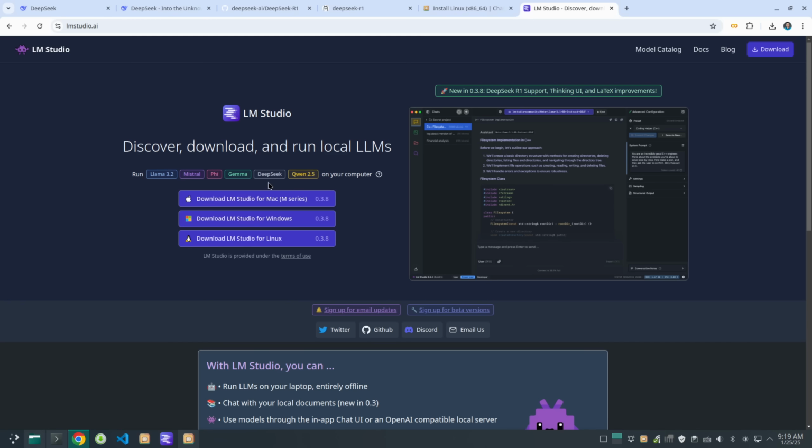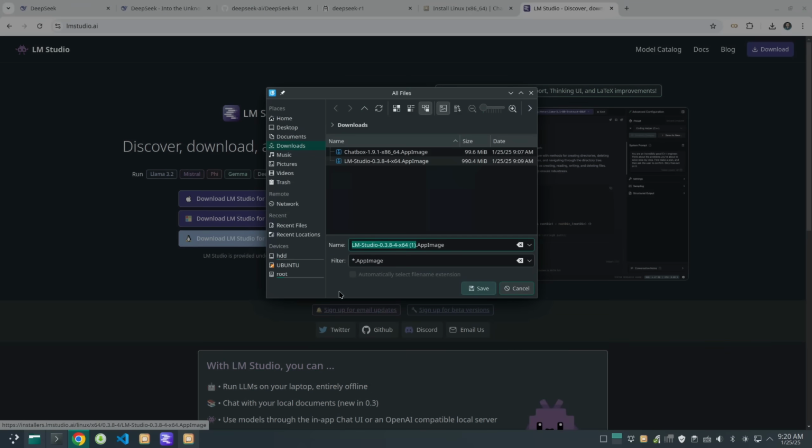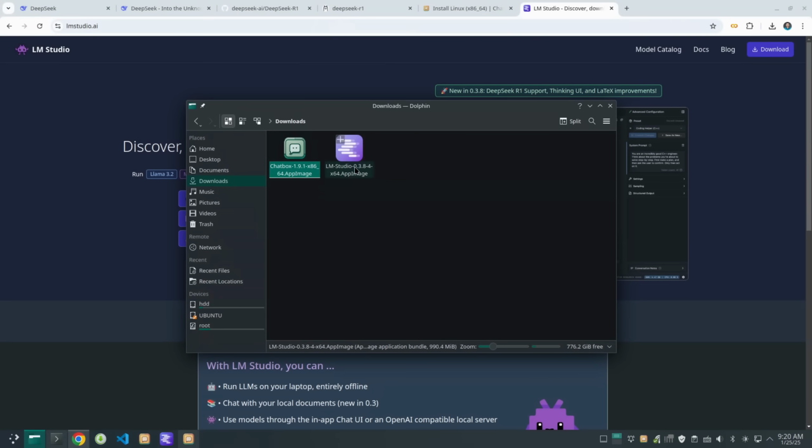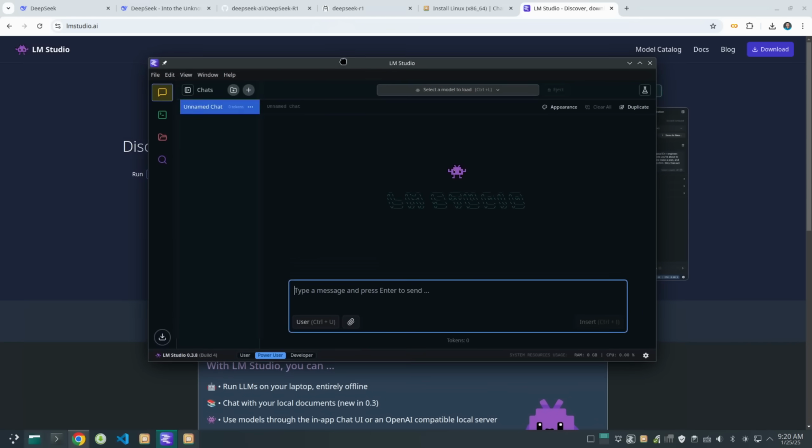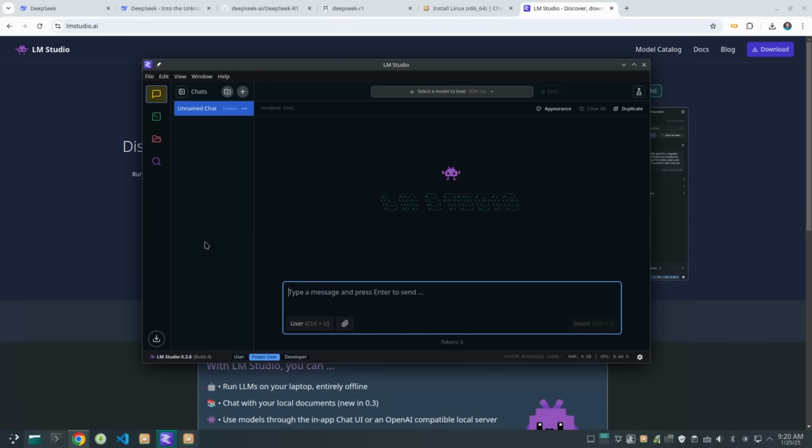Again, it depends on your operating system. You can download this one to your computer. I'm going to download this one to my Linux computer, and then just click save again. After that, just double click to install the software, and then you open the UI. Then we can run this one. For this one, you don't really need Ollama. You can actually download the model directly